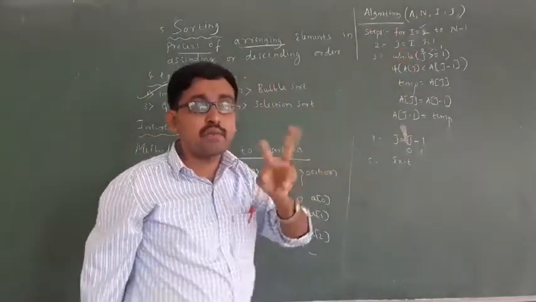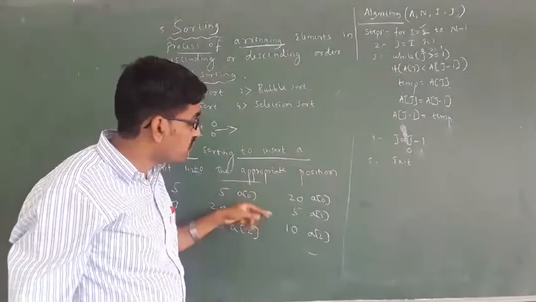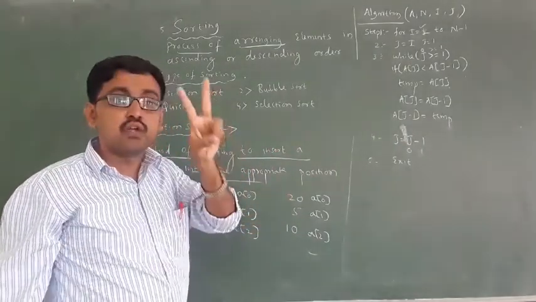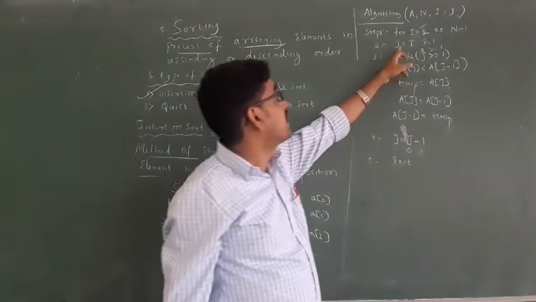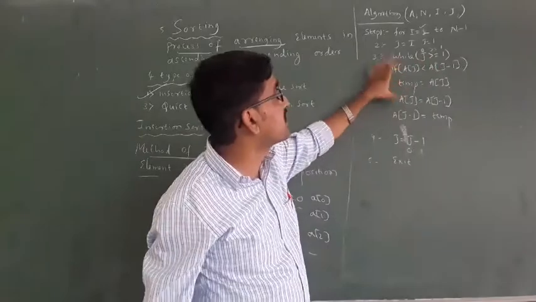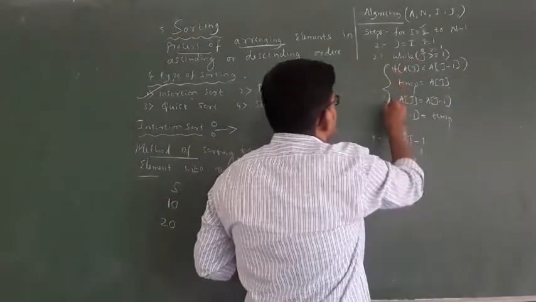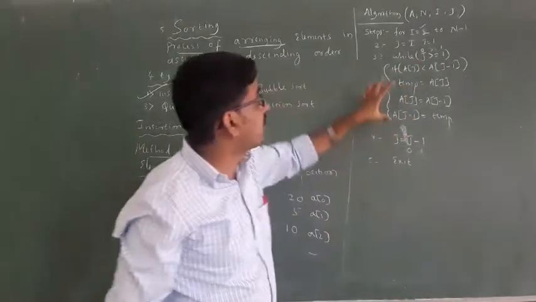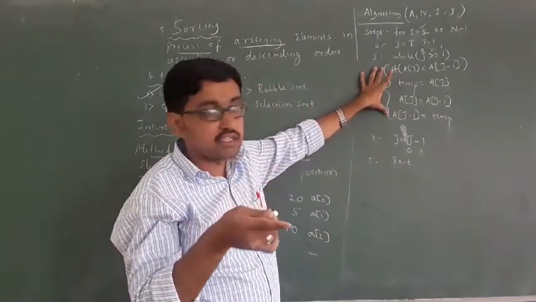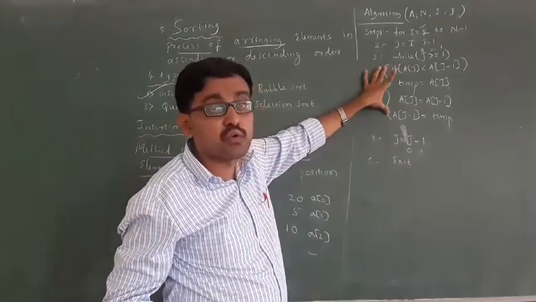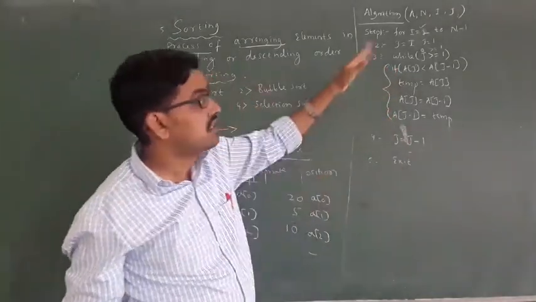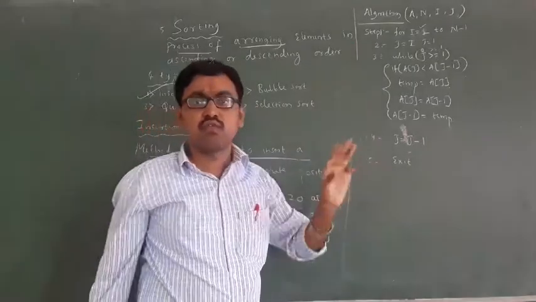Then j equal to I. Why am I taking I and j? Because I want to compare two elements. This is I and j. That's why you take two elements I and j. Then see why the condition j is greater than or equal to 0. Then swap. These 4 steps are for swapping. Swapping means interchanging. You have to remember these 4 steps for interchanging, that's all. Then j equal to j minus 1. After that, only we have these 4 to 5 steps.